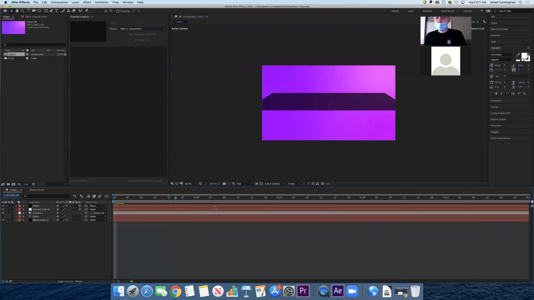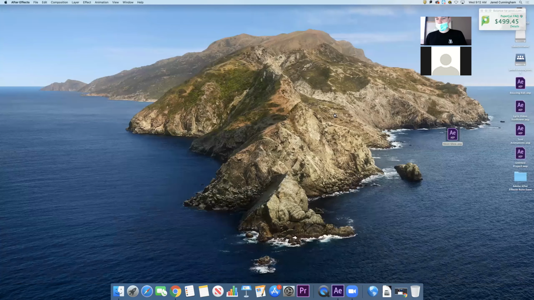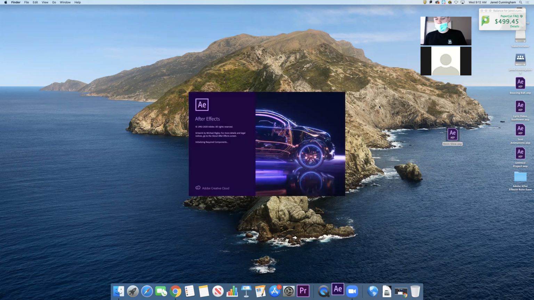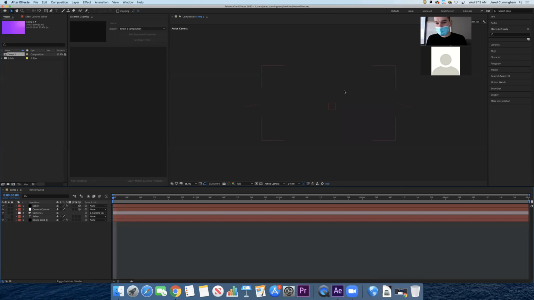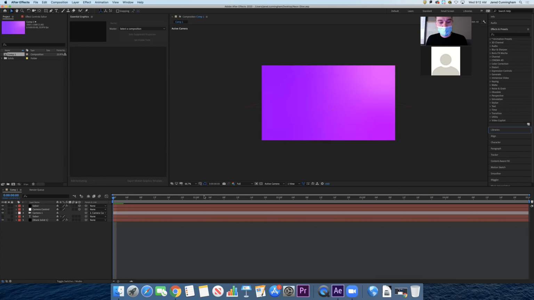It should automatically pop up in your effects panel. I think it's realizing it. I got it now. Yep, it does. Okay, so what we're going to do, I'll load this through, and this is the effect